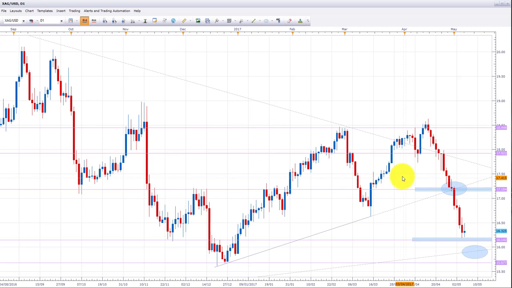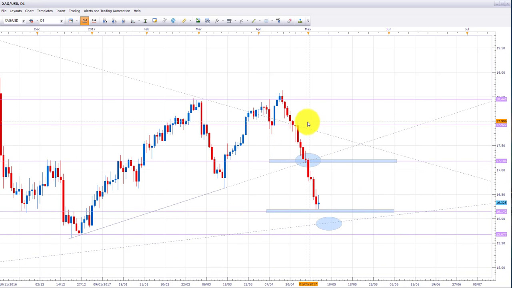We're going to finish with silver. Silver, we did actually break down below this. It broke out of this upper wedge first, and then it broke down back inside. So once it broke back inside this wedge and below this key area of support and resistance, we were looking for a retest of this support area down here and this upward sloping trend line. It did break through here, and once it broke through this area, we were looking for it to come and test the 16.14 area of support, which it has,